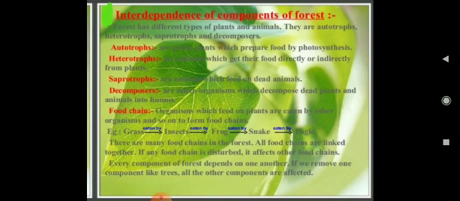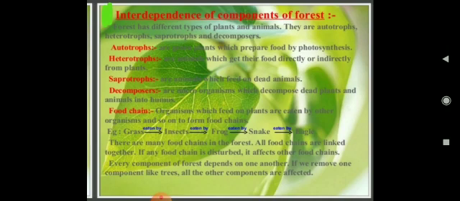Now we'll talk about the food chain. Organisms which feed on plants are eaten by other organisms and so on to form a food chain. As we know, a wide variety of animals helps the forest to regenerate and grow, right? For example, grass is eaten by insects, which in turn are eaten by the frog. The frog is consumed by a snake. So this is said to form a what? A food chain, right? Many food chains can be found in the forest, and all food chains are linked,